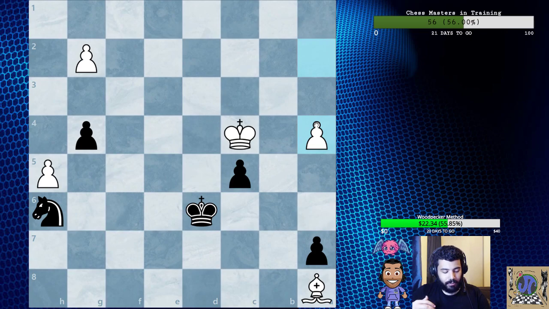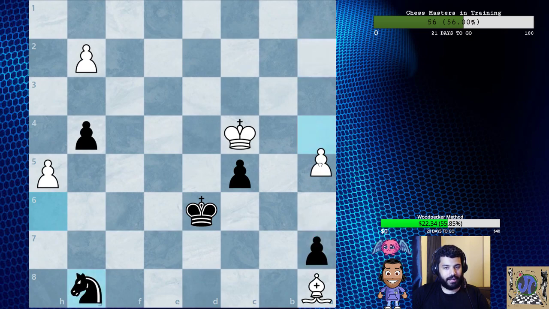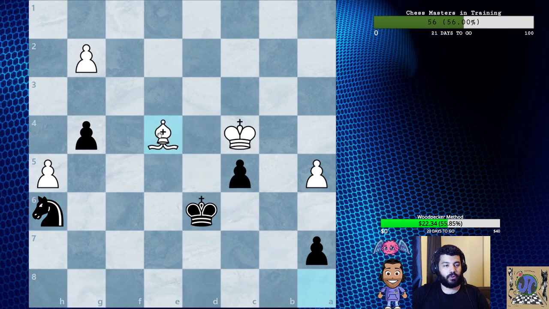Seeing that the a7 pawn is doomed, Spassky does not hurry to attack it, preferring to strengthen his position maximally first. So kind of cool idea of saying, hey, I'm gonna win that pawn no matter what. I don't care. Let me just keep strengthening my position, and then I'll go in. So knight g8, a5, knight h6, bishop to e4,